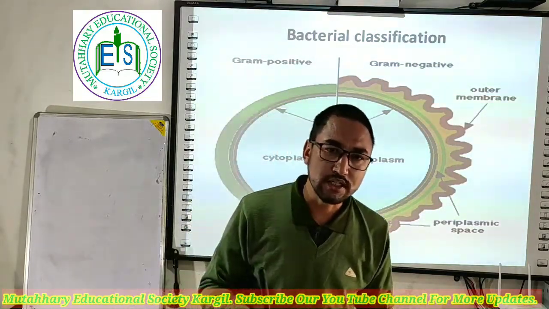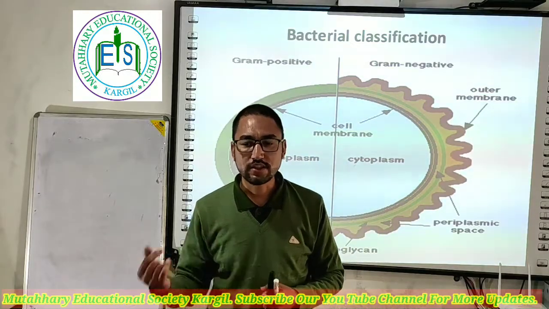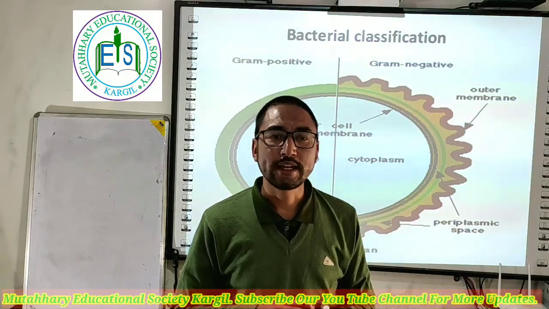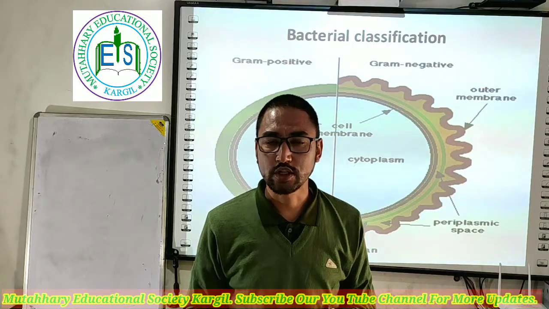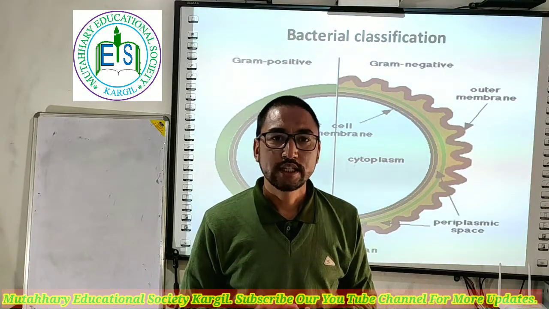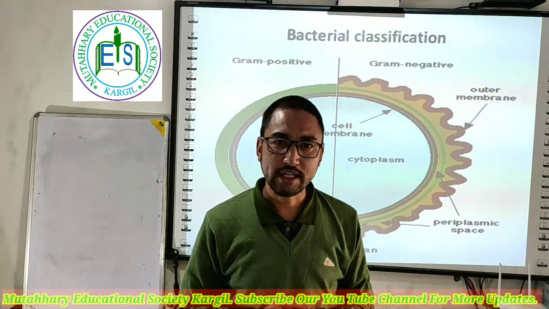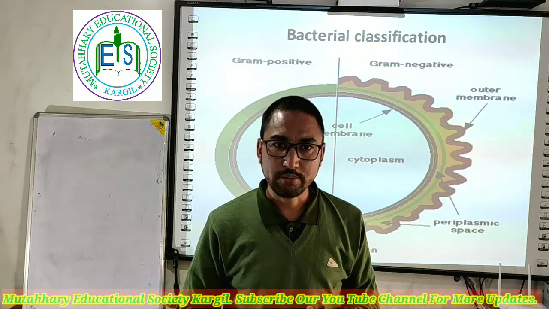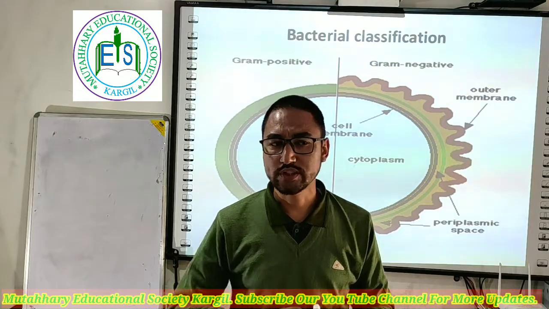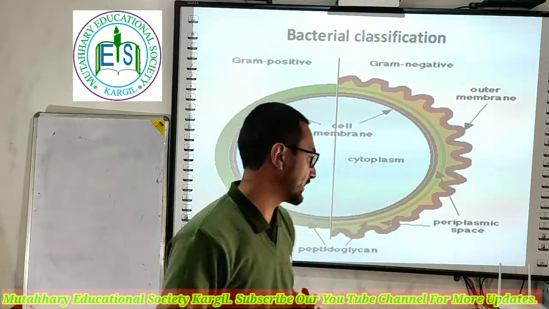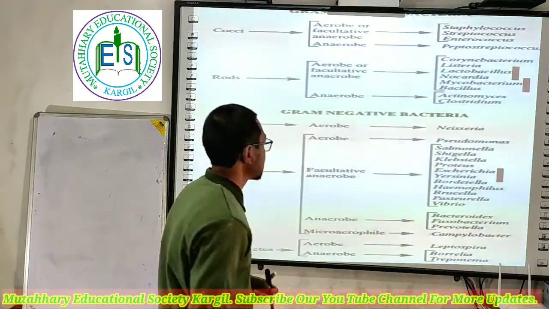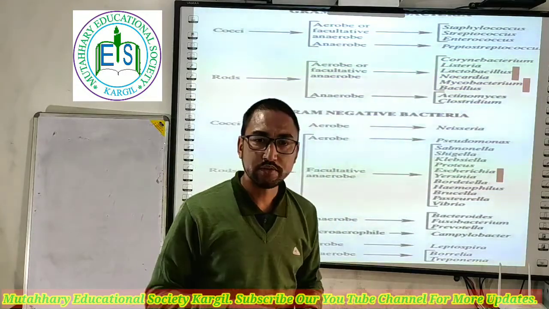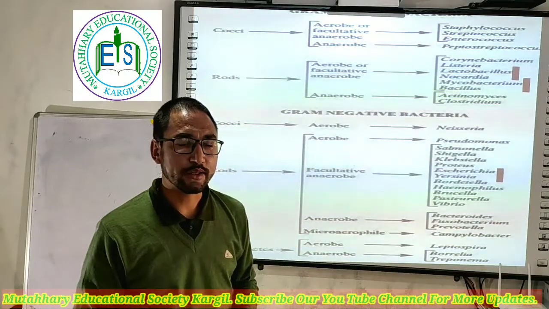So whenever you have to differentiate between gram-positive and gram-negative cells, first you can say that gram-positive cells have a huge amount of peptidoglycan and gram-negative cells have a little amount of peptidoglycan. Secondly, over the peptidoglycan there is an outer membrane in case of gram-negative cells, and there is no presence of lipopolysaccharides or the outer membrane over the gram-positive cell. So these are the basic two differences between these two kinds of cells. So this is how we classify. The above one is gram-positive bacteria and the lower one is gram-negative bacteria.